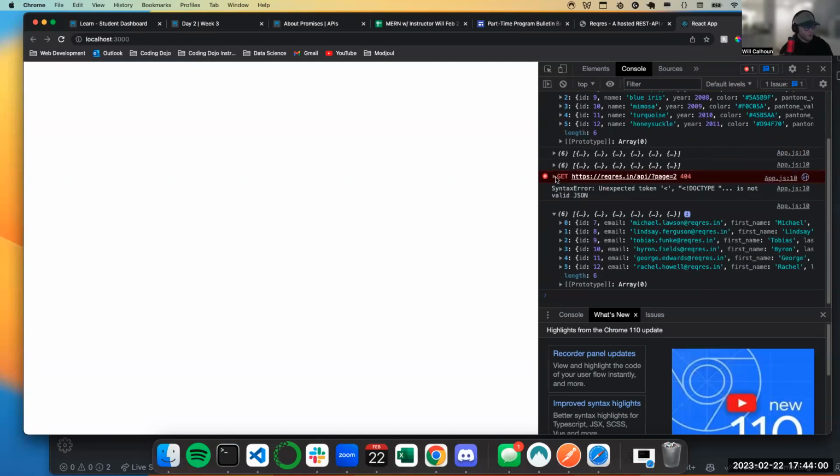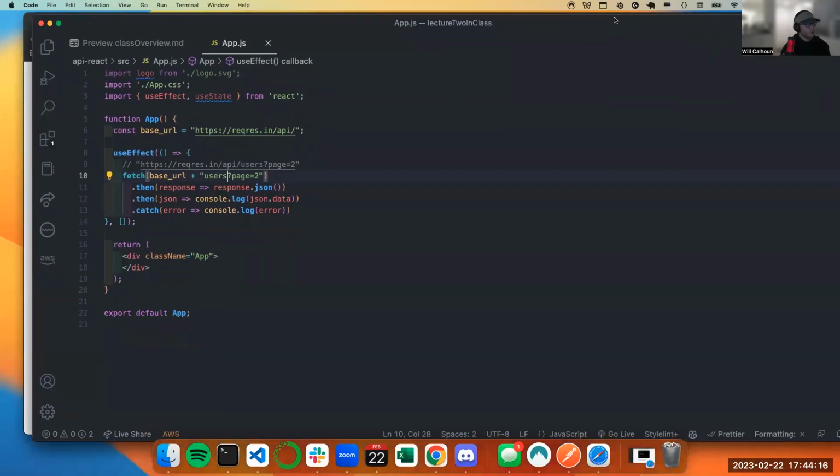But what I wanted to point out is right here, we are getting an error, right? A 404, which says the page does not exist. For right now, all we're doing is printing that. If I wanted to actually handle it, say, if there is an error, then maybe redirect them and say, did you mean to put this, or can't find the page, or render a 404 page component, I can do that in this catch.